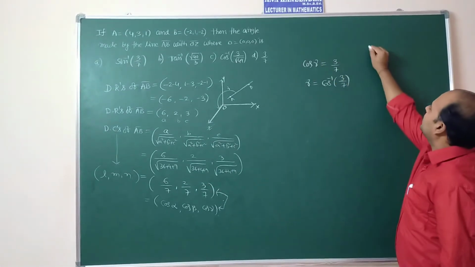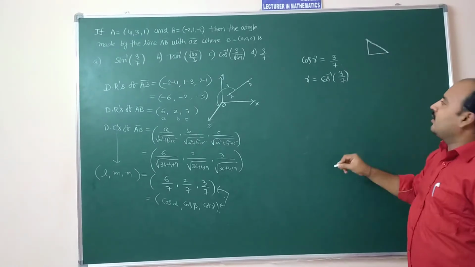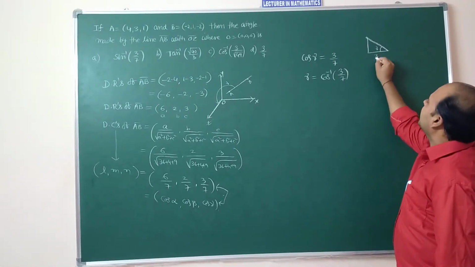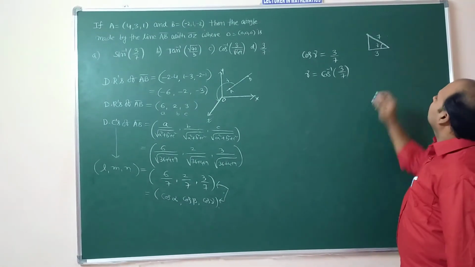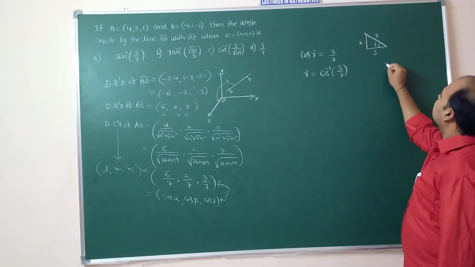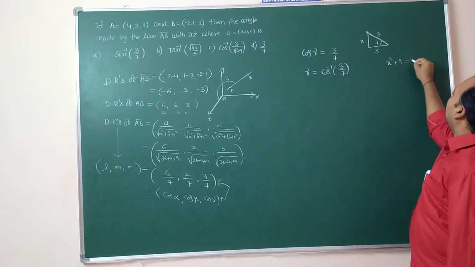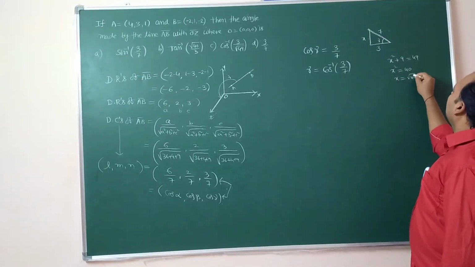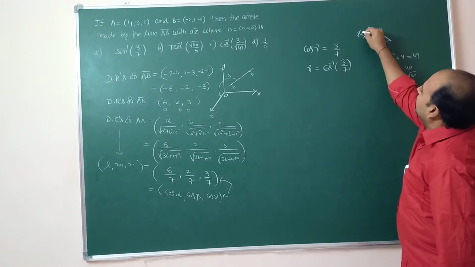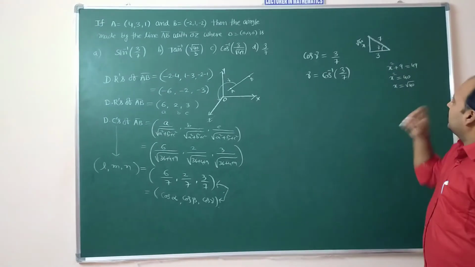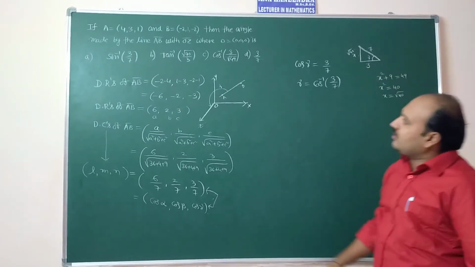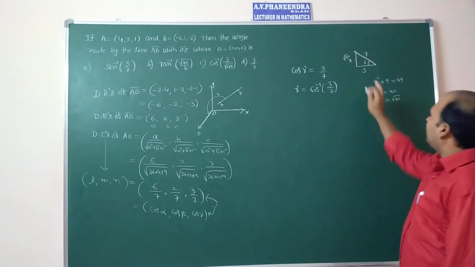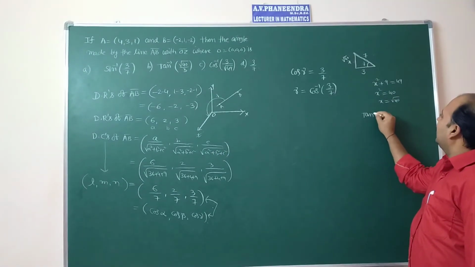So here cos gamma is equal to 3 by 7. By using the right angle triangle property, for the angle gamma, 3 by 7, cos definition is adjacent side by hypotenuse. So here x square plus 9 is equal to 49, x square is equal to 40, x is equal to root 40. This value is root 40. From this I am calculating 7 and root 40 we are observing, and 3 and root 40 we are observing in the second option. So from this you can calculate tan gamma.